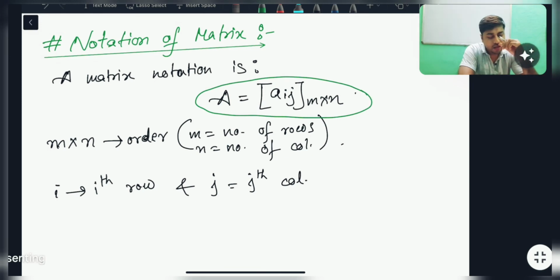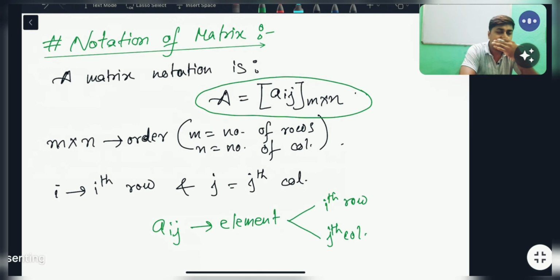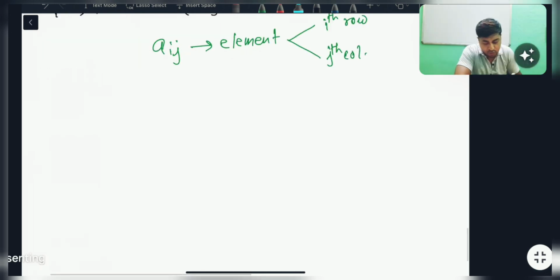That means third bracket within third bracket it is written Aij. That means Aij, that is the element of the matrix. Which element? Question is that which element? That will be known by ith row and jth column. Ith row and jth column. So এটা কারণ, for example, let us take a matrix A as, suppose I am writing the matrix 0 1